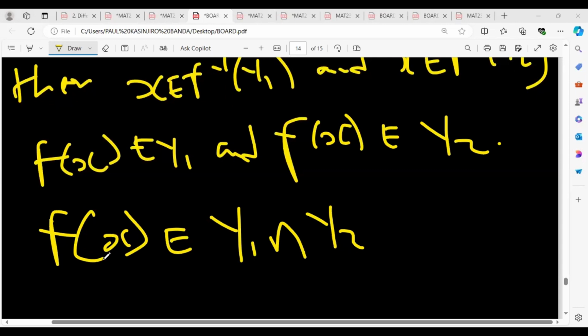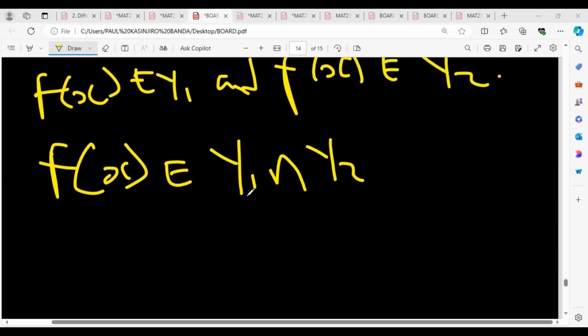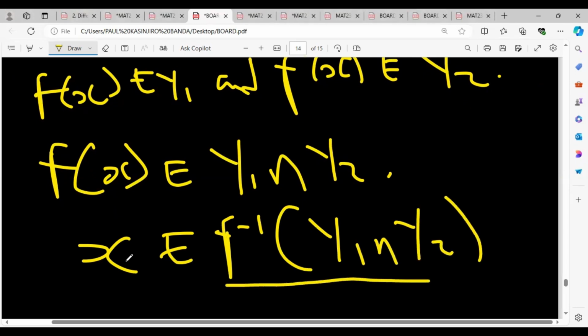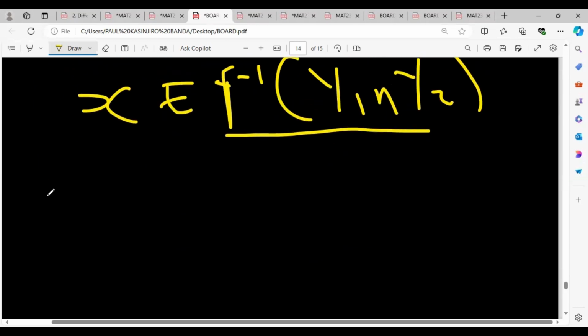Okay, so let's continue. So I was saying f of x is actually a member of y1 intersection y2. Okay, so if I have f of x or y being a member of this, then what does that mean? It means that x is actually a member of the inverse. So x will be a member of the inverse of f of x, y1 intersection y2. Okay, so we started from what we had on the right, and we are ending with what we have on the left. So this actually means that